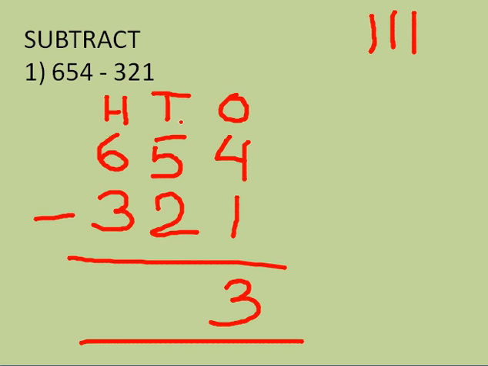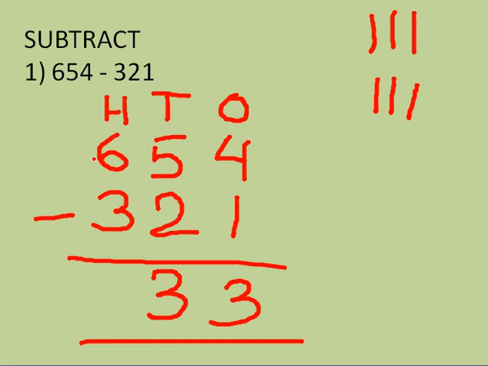Then coming to tens place, ones place subtraction is done. Now we will come to tens place. At tens place 5 minus 2. After 5 we will start our backward counting and come up to 2. So after 5 it is 4, 3, 2. How many? 3 fingers or 3 lines. You can take fingers or lines. So 5 minus 2 is 3.